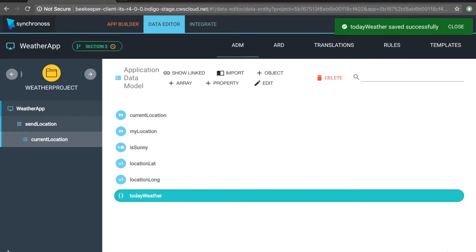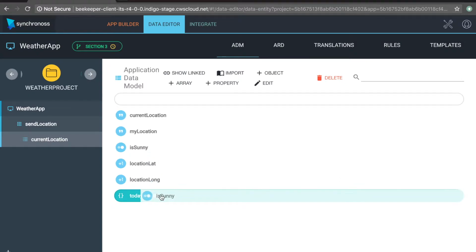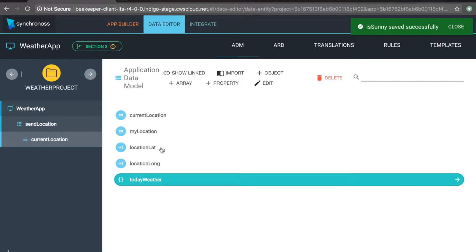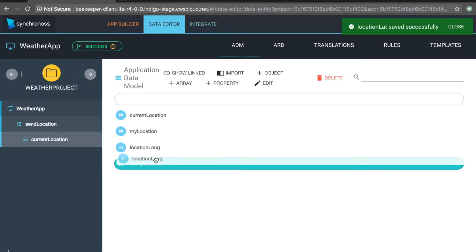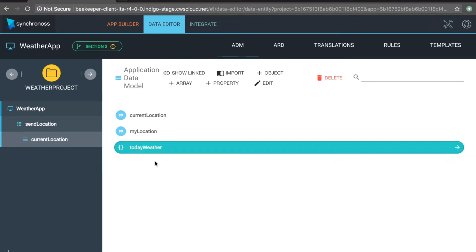What I'm going to get you to do now is drag and drop the isSunny, location lat, and the location long properties into this new object. And on expanding the object, you'll now see that these three properties now reside inside. Cool. Now return to App Builder by clicking on the application on the directory or through the top menu button,